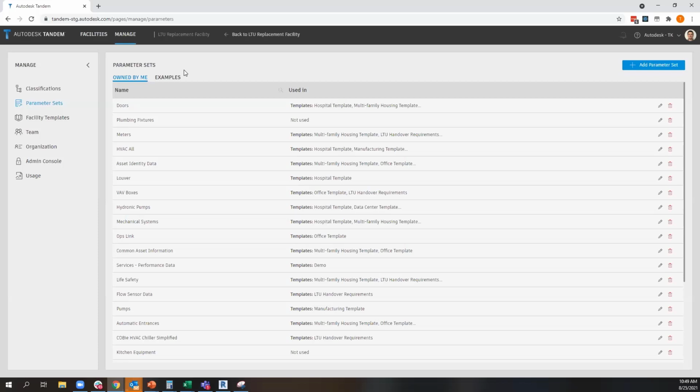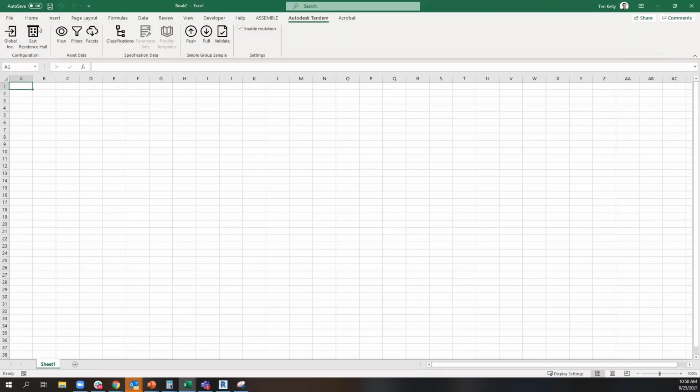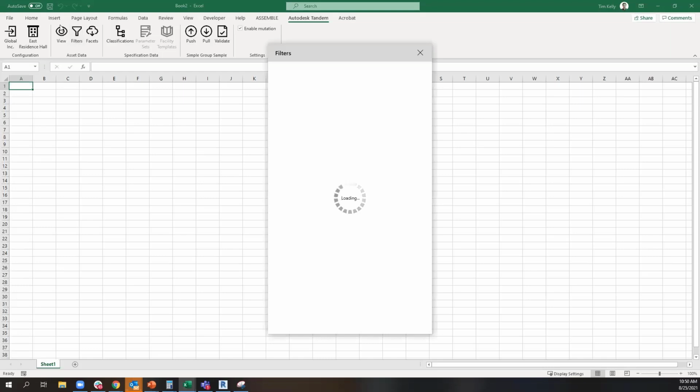Great. Now, is it possible to choose what exports to Excel, like, for example, only export maintainable assets, et cetera, identified for COBie to limit what's in the Excel? Yeah. So in that filtered data set, you can either do the work in Tandem to create those views, like that COBie data is filtered by particular classification code or data drop date or whatever it may be that you're leveraging. So you can set that up in predefined views in Tandem, or within our filters capability, what you have the ability to do is,